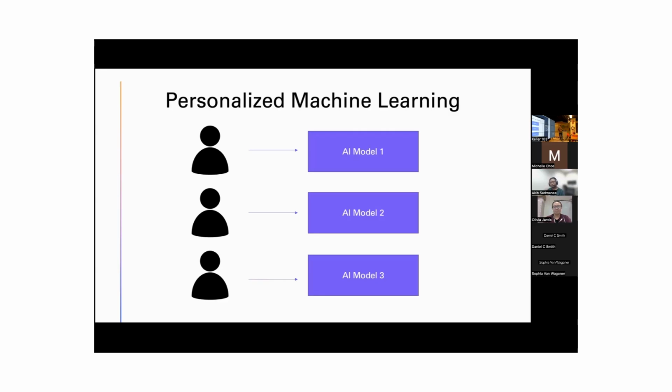Like, are you stressed or not? Super subjective. But it's probably not as subjective within a person. So traditionally, when people build machine learning models, they try to build one model and then apply that to everyone. That's the traditional way of thinking about machine learning. But what I think is really needed for healthcare is one AI model per person, where we do what we always teach that we shouldn't do in machine learning, including me in my class.